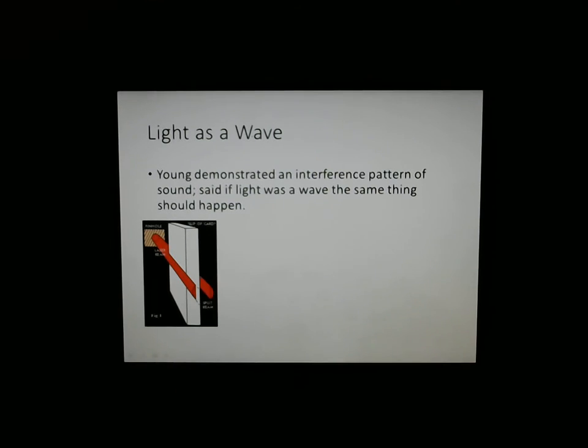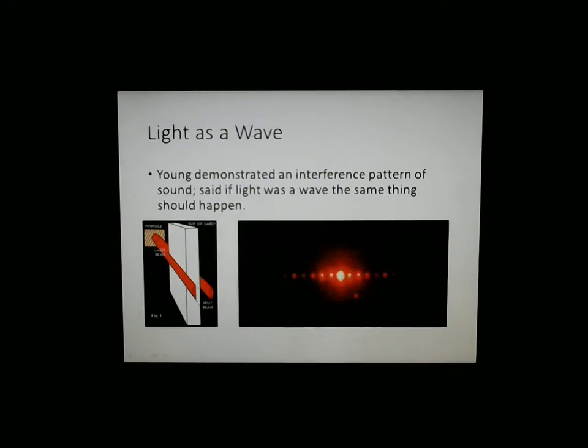Instead of seeing two spots, so spot on the left and spot on the right, he saw this, an interference pattern. Okay, so we've got one bright one in the middle, but how could we have a bright one in the middle? That's where the card is, and then we've got two either side of it. Oh, well, those could be those two, but then we see more either side of it. So that's an interference pattern.